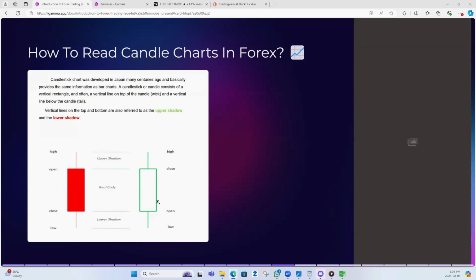In the case of a bullish candle, what happened? The price opened at $5. It went down to $3. Then it went up all the way to $15, and finally it closed at $10. So open at 5 and close at 10. So there is a gain of $5. So that's why this candle is a bullish candle. So it is denoted in green color.